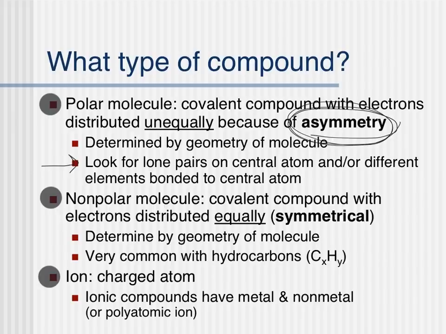So a polar molecule, when you draw the Lewis structure, is asymmetrical. Therefore, it does have positive and negative charges. It is, let me highlight here, unequal in its charge distribution. The opposite of that is nonpolar, where everything is symmetrical. So once again, it's technically determined by geometry, but if you don't meet any of these,